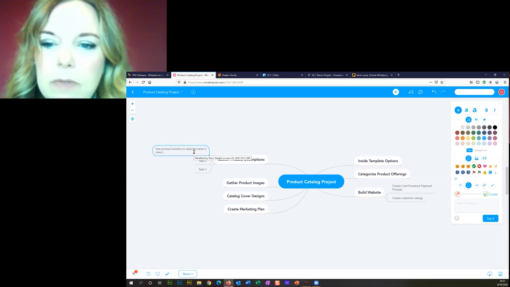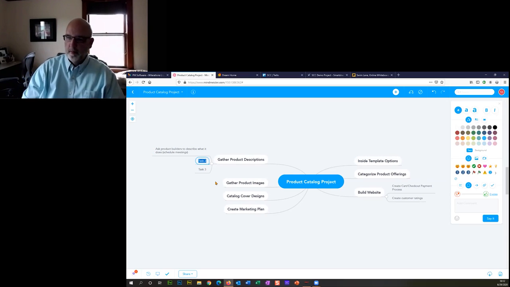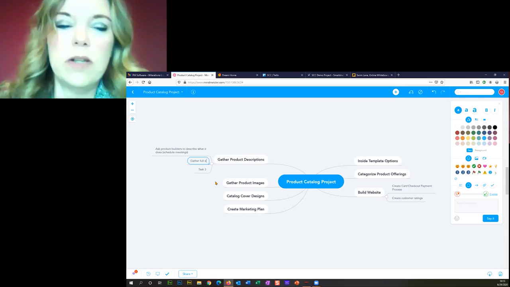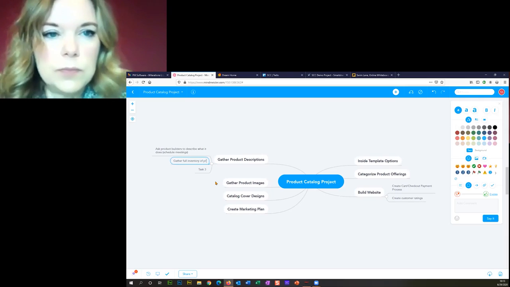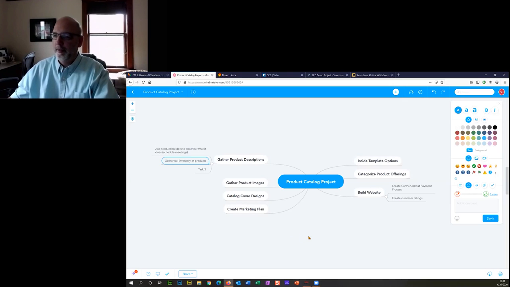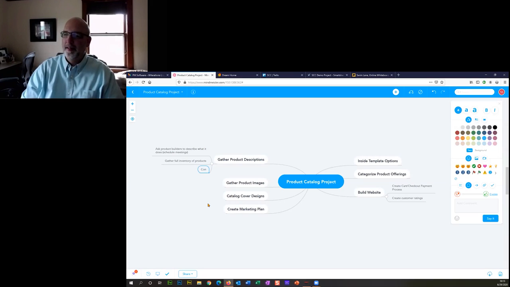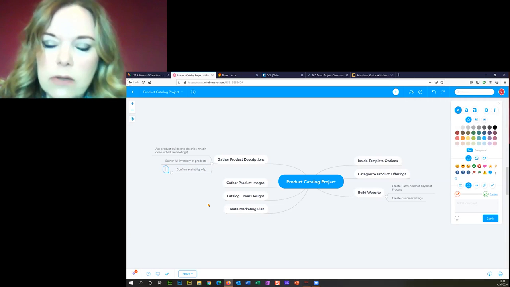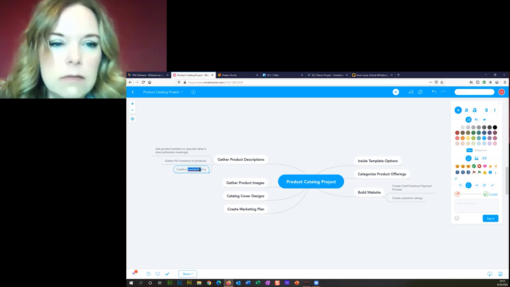We also have get inventory of products. Okay. Kind of confirm, like get inventory and confirm inventory. So both of those. Okay, and that's a good idea because maybe somebody's working on a product, but they're not ready yet for prime time. You put it in your catalog and everybody's asking about this great whiz-bang product and it's not ready. So confirm availability, I think, is that one way to? Yeah. We also have check all product numbers and pricing. Availability